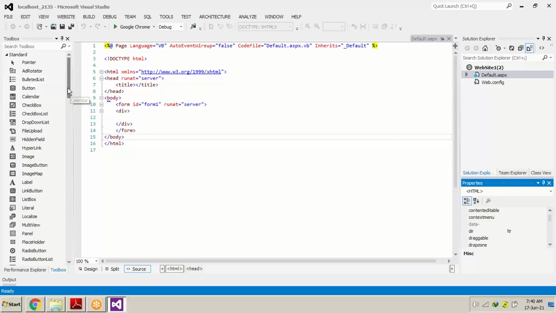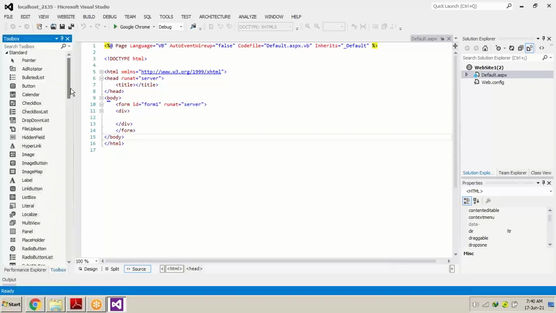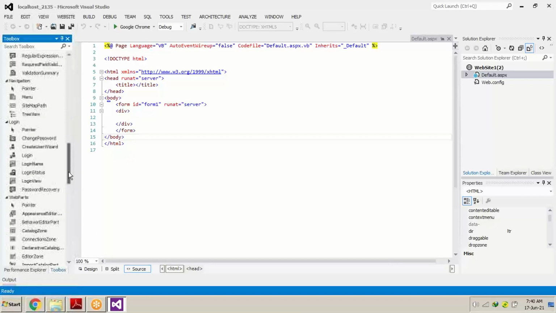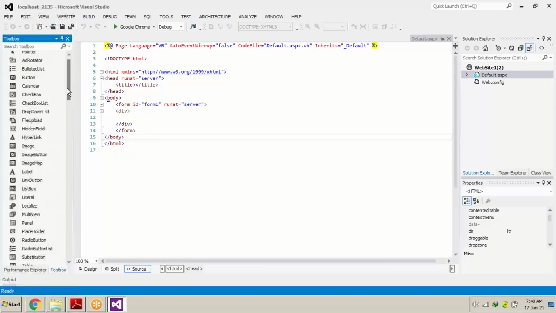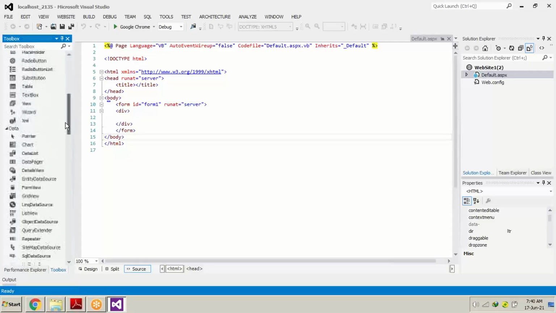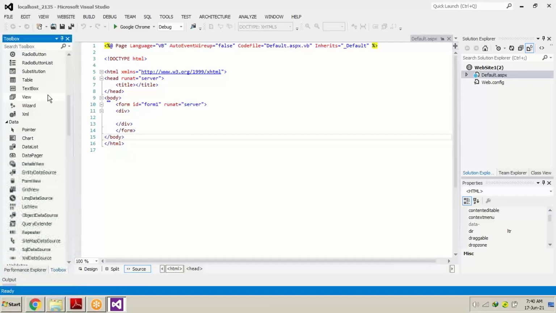The right side window is the toolbox. Every website, every web portal has text boxes, buttons, checkboxes, option boxes, or many other controls. Those controls can be pulled, and to put them on our pages we require this toolbox. What control we use depends completely upon the requirement of the web application we are designing. Now, if I pull the text box out, I just drag and drop, you can see the text box over here.